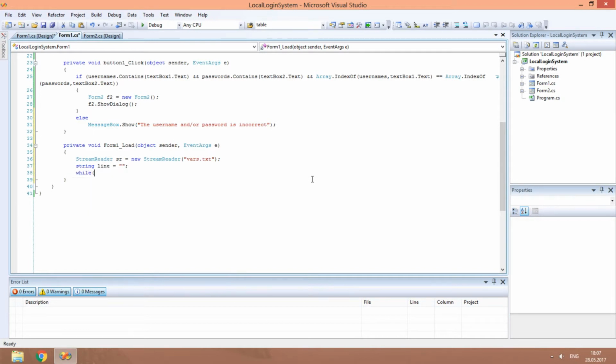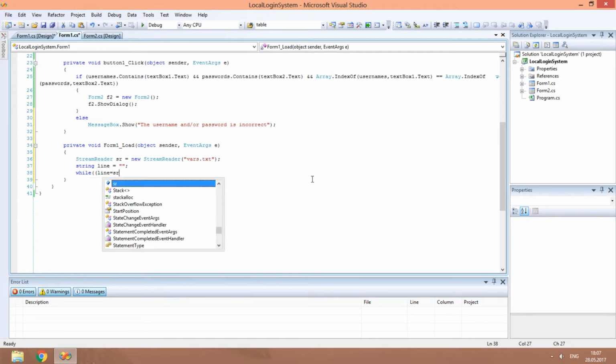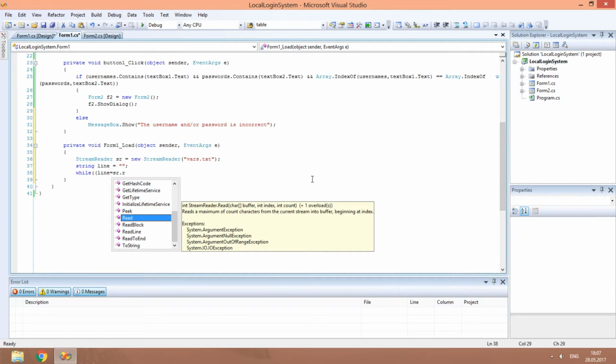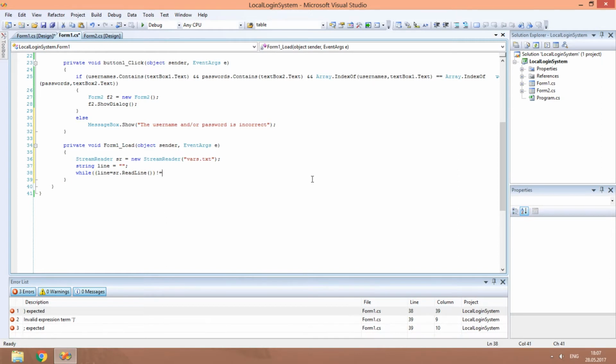Create a while loop. While line equals SR.ReadLine does not equal null. Do something.